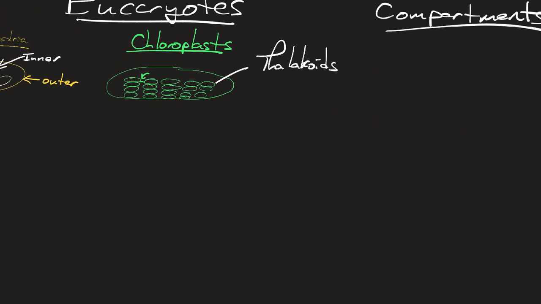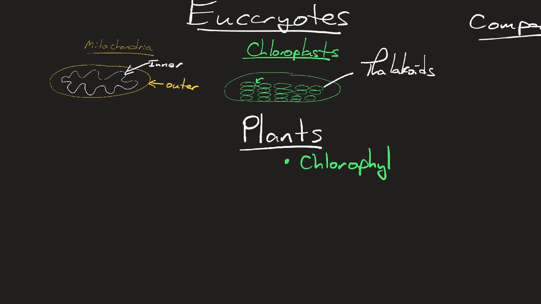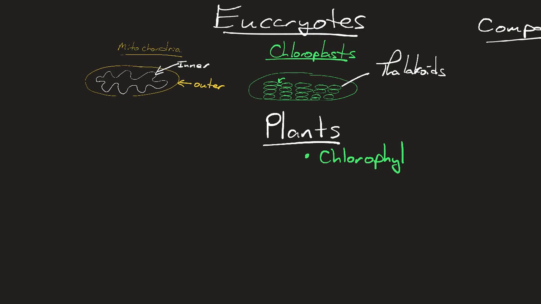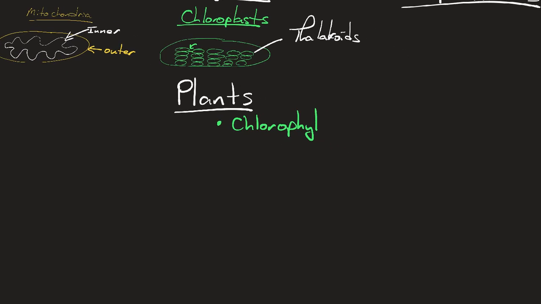Chloroplasts, in a eukaryote, right? And in eukaryotes, the things that have chloroplasts are also known as what? Plants. That's correct. Plants use a green pigment called chlorophyll. Chlorophyll absorbs all the light except for what? Green.